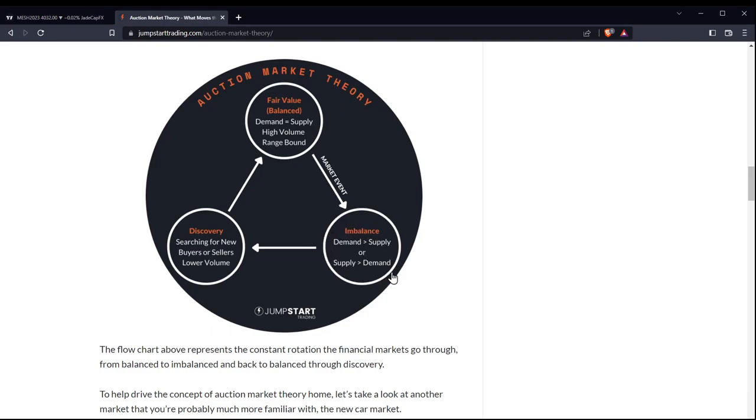Now, I don't really teach supply and demand, but the markets operate in a specific manner that books price, and it understands that there's going to be certain buyers at discount levels and sellers at premium levels. And the market algorithm just drives to those levels to facilitate trade. So the discovery comes into play when it's searching for new buyers or sellers at specific levels. All right. So for every buyer, there must be a seller. But the market is going to reprice to either a premium, a discount, or fair value.